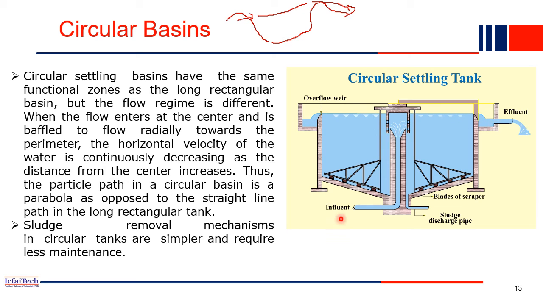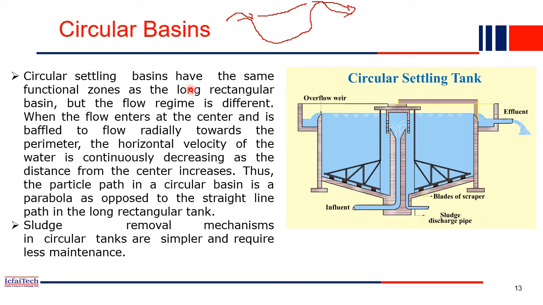So automatically overflow will occur, because continuously we are pushing the water in this direction, right? So the velocity here is not constant. The horizontal velocity of the water won't be constant, because here the velocity is a little high. Then when it goes towards the side periphery of this circular tank, the horizontal water velocity will be less, and the settling will take place in this zone. In the entire zone the settlement will take place, and you can see this type of slope we made, right? So whatever settlement takes place will come into this portion, and ultimately through this sludge out. So through this point we are removing the sludge. That is the actual process in the circular settling tank.